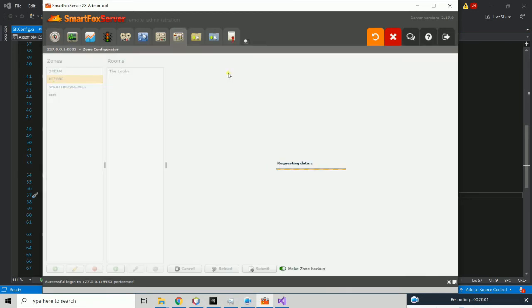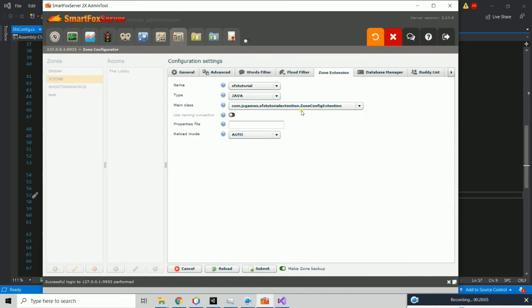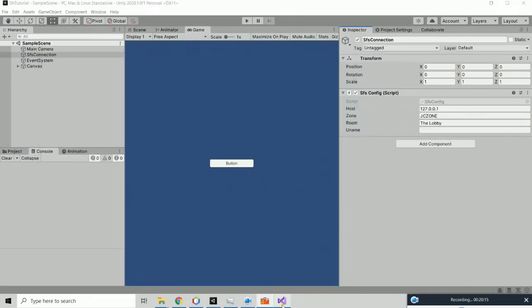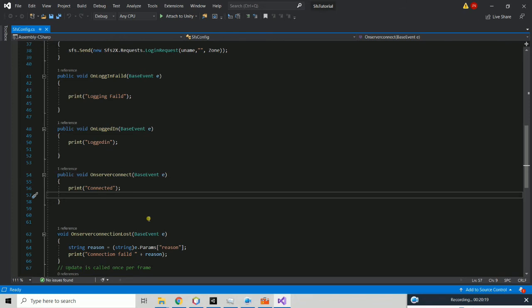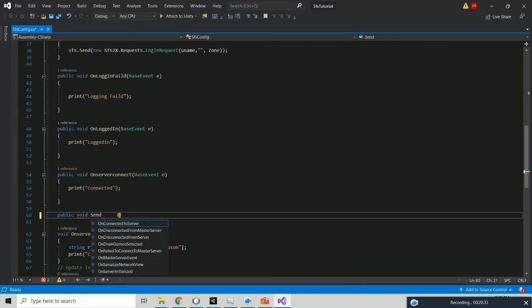Okay, in this zone configuration we have mentioned the zone config. Yeah, now the zone config that we attached last time is showing. So as of now it's okay. Then I get back to Unity, and in the client section we make a send room request. We will create one new function over here, public void send request,